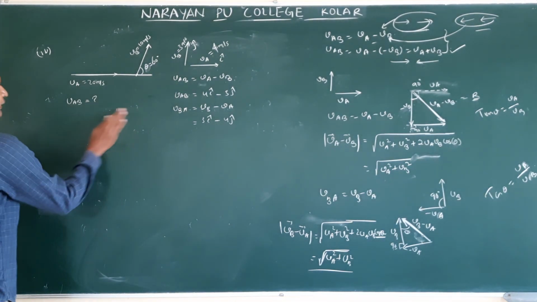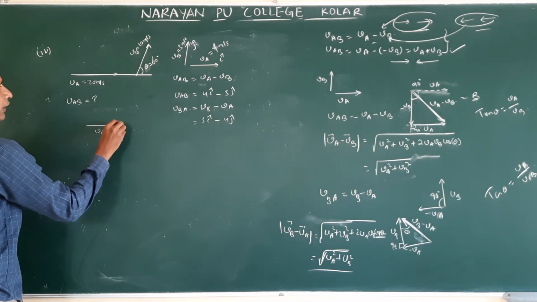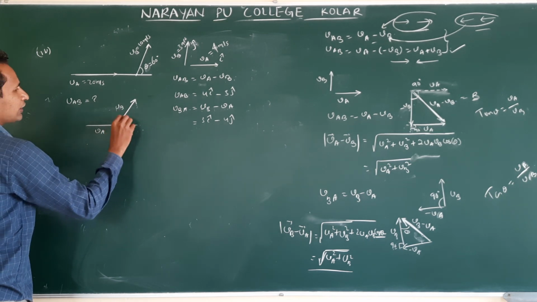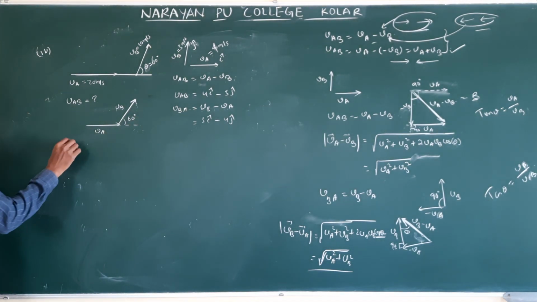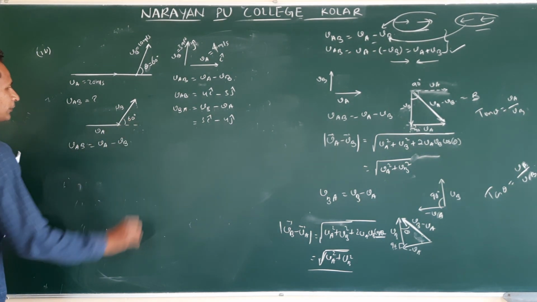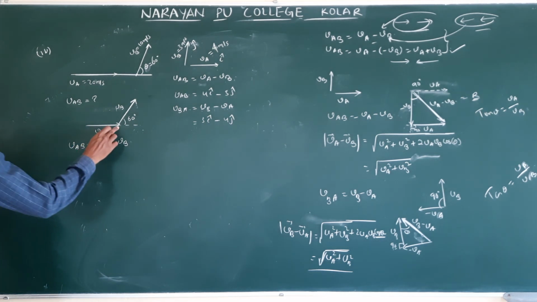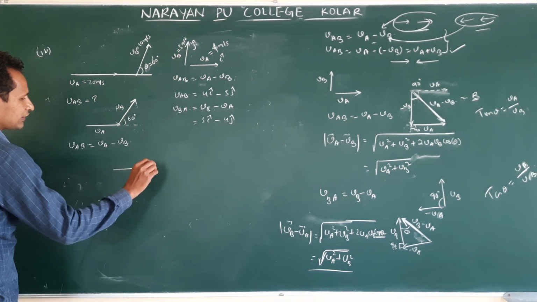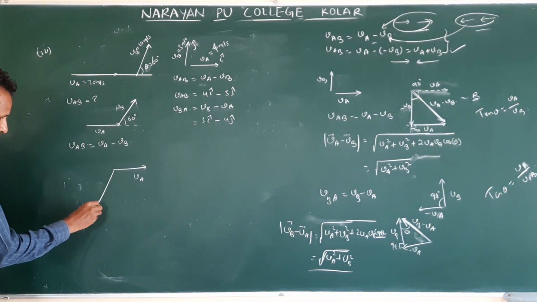Okay? This I can write like this. I redraw this diagram. This is VA and this is VB. If you extend, this is angle 60 degree. Okay? Our formula is what? VAB is equal to VA minus VB. Clear? So make it a VB reverse. So this is acting horizontally. VA as it is. Am I correct or not? Next VB reverse like this.